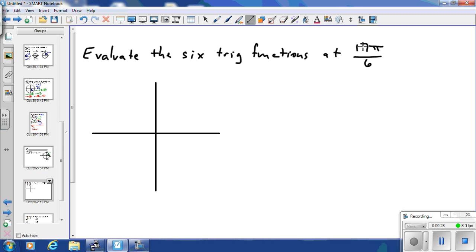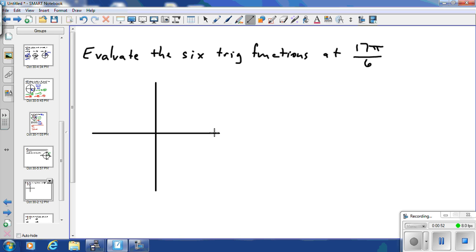Here's how I like to look at it. Ignore the 17. Pi over 6 is the angle that it takes 6 of them to get here. Well, you probably think a little bit more along the lines of degrees, so you have to figure out that's 30 degrees, pi over 6, and you have 17 of them. 6 of them to get here,